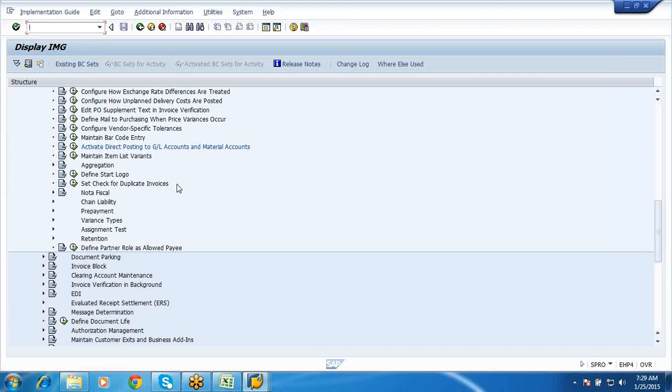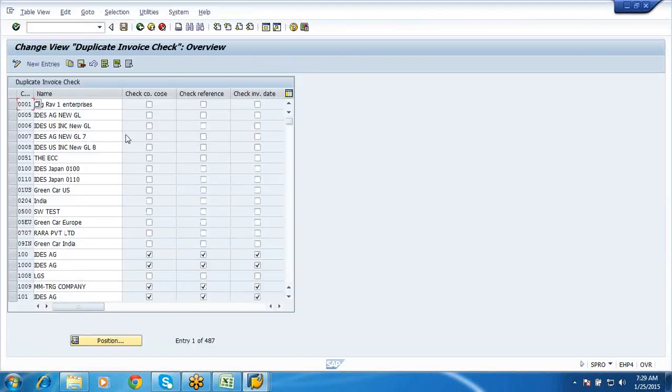Okay, so the next one is you can set up check for duplicate invoices at these levels: your company code, your invoicing date, and the reference. If there is any duplication of your invoices, you can control it by giving this 3-point check. So check company code, reference, and your invoicing date.